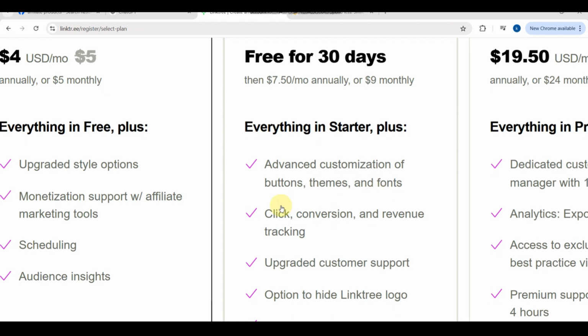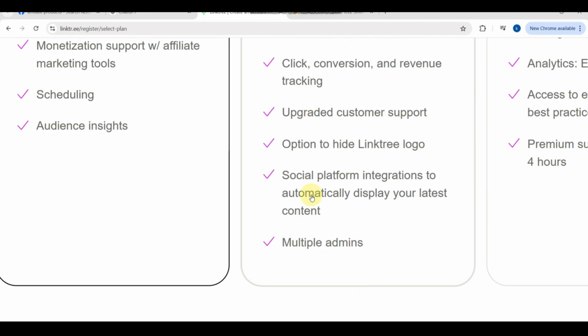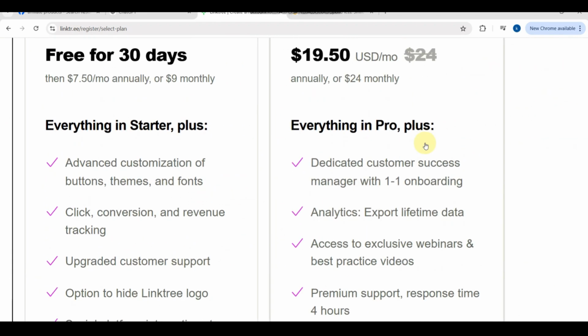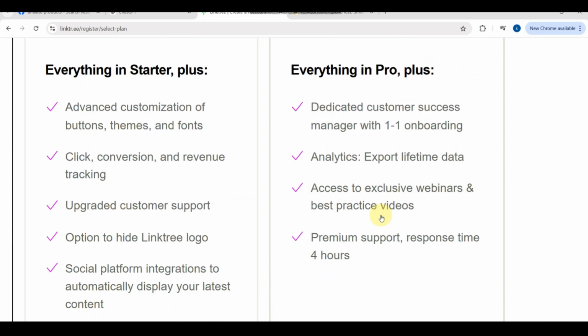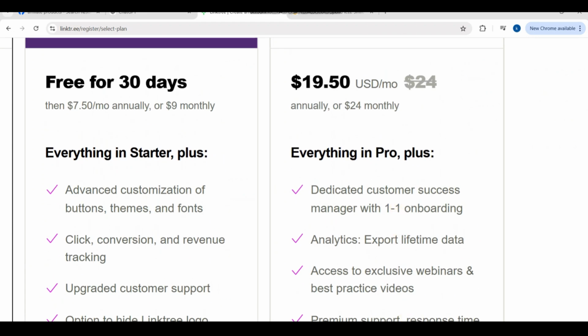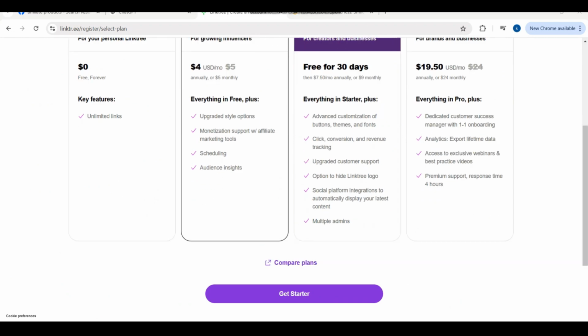Here on the other side is this one. It is free for 30 days, the Pro plan. So everything in Starter plus advanced customization of buttons, themes, and fonts, and then they have multiple admins. And then here, everything in Pro plus a dedicated customer success manager with one-on-one onboarding and analytics. Export lifetime data here. So here, guys,